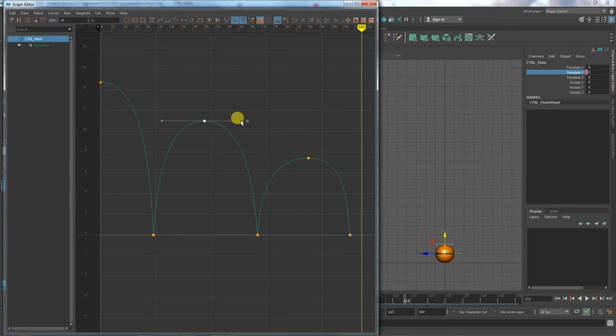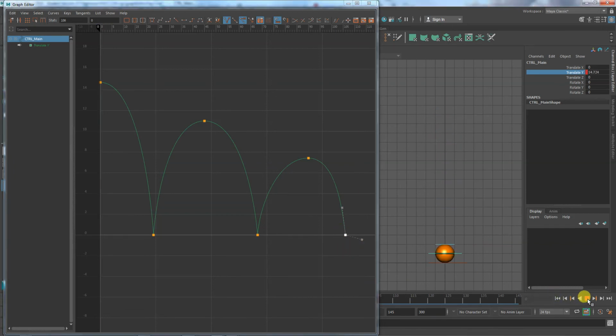Yeah, I went a little bit too far. That's okay. It's always better to go too far than not far enough. But this is what the graph editor is for. This is for hand finessing your animation. It is why you should keep as few keys as possible. I cannot stress this enough. Please don't add random keys just for the heck of it. Only add a key when you really need it to be there,